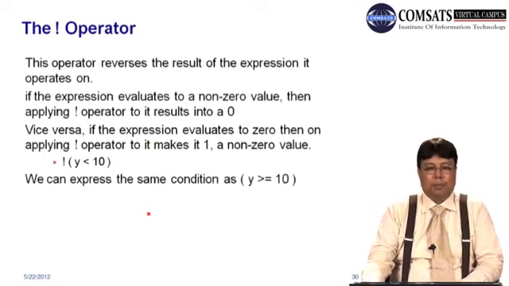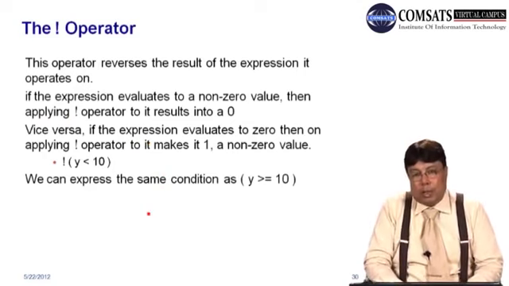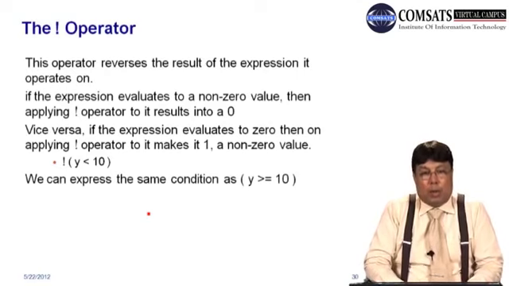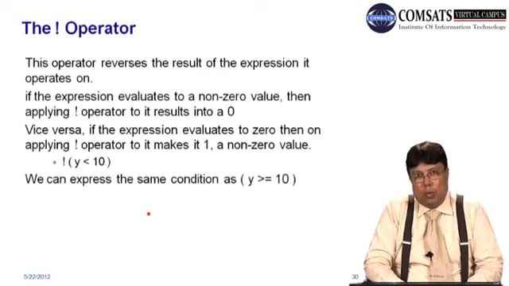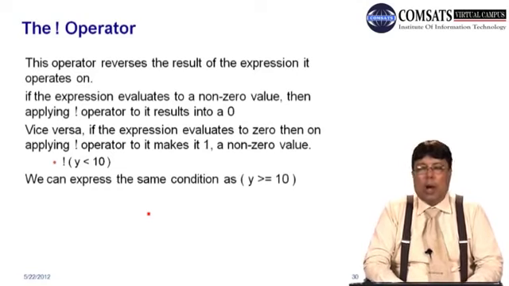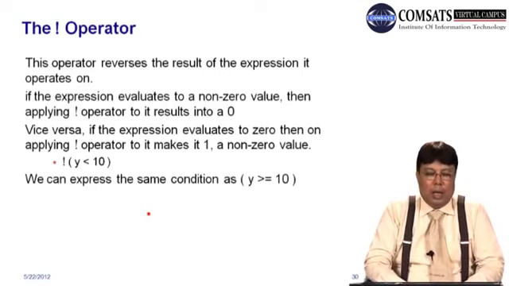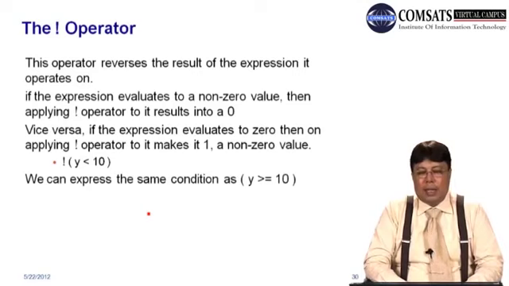Let's take the example. मैंने आपसे कहा था this operator reverses the result of the expression. If the expression evaluates to a non-zero value, then applying the not operator to it results in a 0. यानी कि अगर आंसर आपका ट्रू आ रहा है तो उसके पीछे नॉट लगा दें तो उसका आंसर 0 हो जाएगा, और अगर आंसर आपका 0 आ रहा है तो उसके पीछे नॉट लगा दें, आंसर आपका ट्रू हो जाएगा. For example, if not y is less than 10,